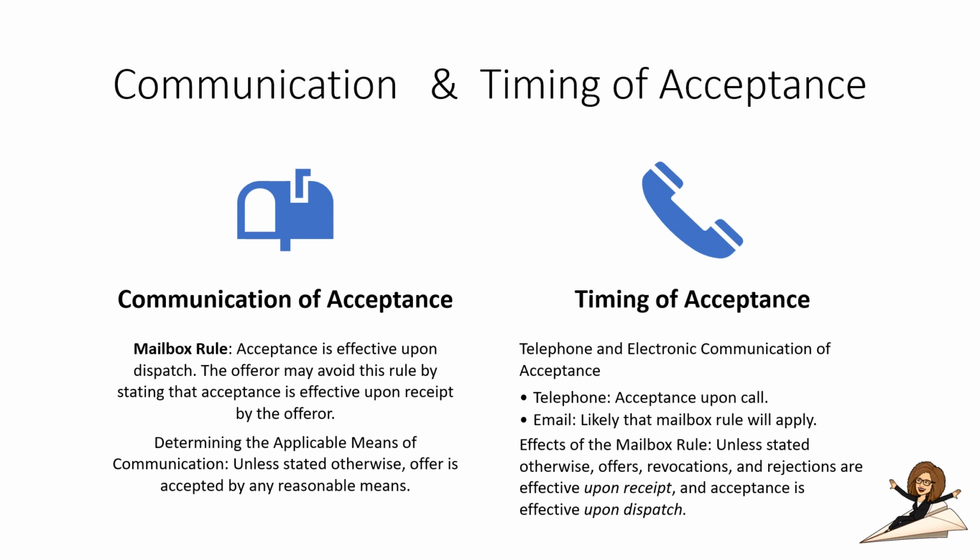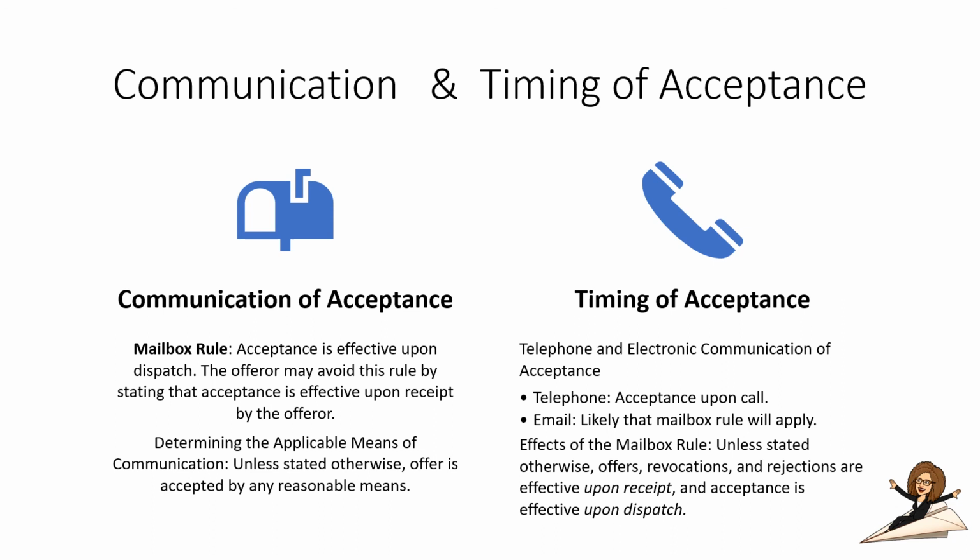Timing becomes more of an issue when the parties are not together. If the offer is being communicated via mail, email, or text, the offer is not going to be effective, i.e. known to the offeree, until the offeree actually receives the offer. So if you send someone an email offering to sell them your textbook, they don't know about the offer until they actually receive the email, open it, and read it. At that time, the offer has been communicated to the offeree. The offer is effective when it is actually received.